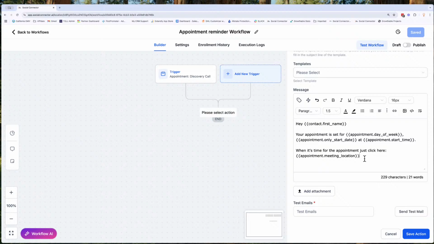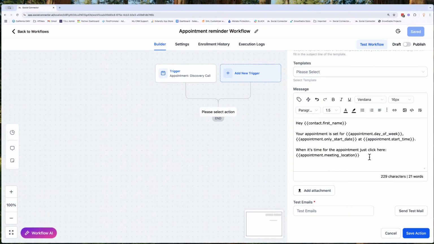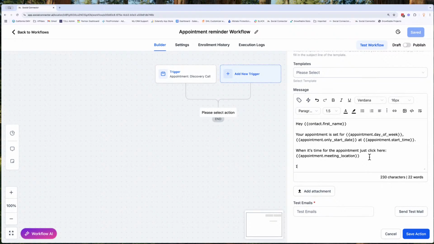Now, if you didn't do that and you put custom and you didn't put anything there, you would just put in your Zoom link, or I'll be calling you by phone, or whatever it is that you're doing for your meeting. Next, what if they want to reschedule? So we're going to do, if you'd like to reschedule,